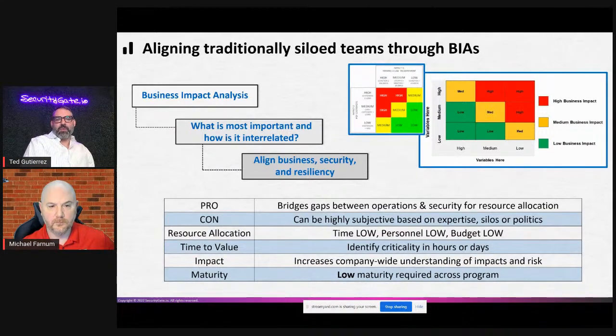So what you're looking for in a BIA is how important are all these different functions of the company or these different business units that fit together, and how is it interrelated, right? And so where I see the most healthy thing that a company can do, low time, low personnel, low budget, is to bring operations and security people together in one room and go through a business impact analysis where you're going to start saying, okay, if that particular facility went down, how much would it take to get it back up? So you're talking about non-financial and financial impacts and resources to a given scenario like ransomware